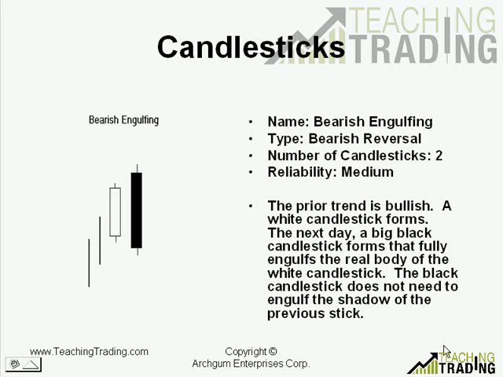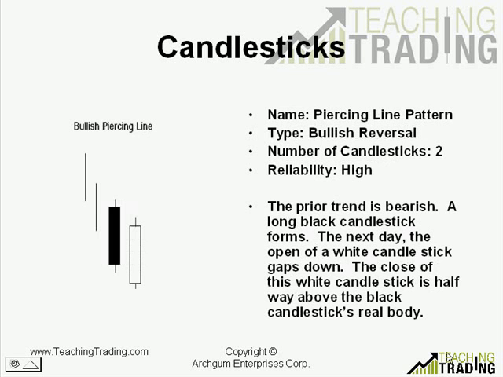So this bearish engulfing pattern is the complete opposite of the bullish engulfing. This bearish engulfing pattern occurs on an uptrend, while the bullish engulfing occurs on a downtrend. Here we have the piercing line pattern, and this is a bullish reversal pattern, which means that there is currently a downtrend. And when we see the piercing line pattern develop, there is a high probability that the downtrend will reverse and become an uptrend. So the prior trend is bearish. A long black candlestick forms. The next day, the open of a white candlestick gaps down. The close of this white candlestick is halfway up